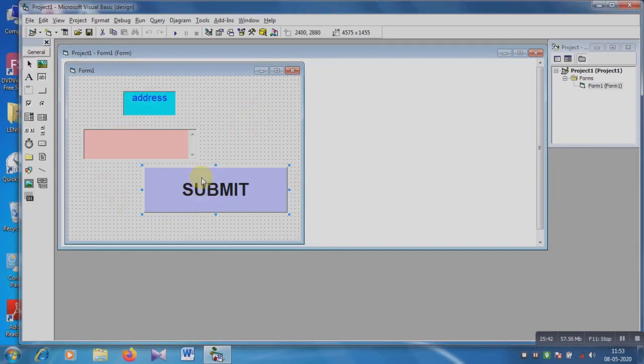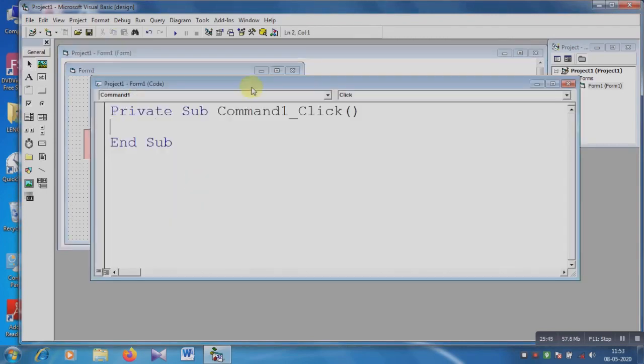Suppose to show the output, double click on it, and this is the code window. Private Sub Command1_Click and End Sub, by default it appears on the screen, and then you have to write the code to print the output.